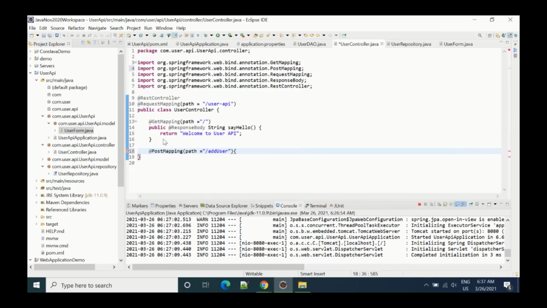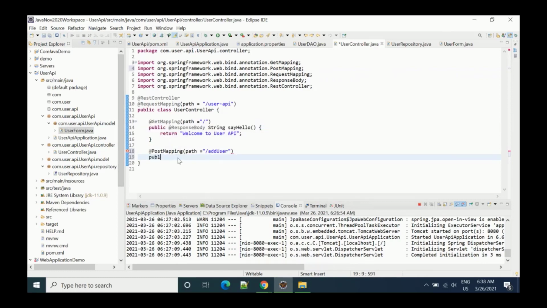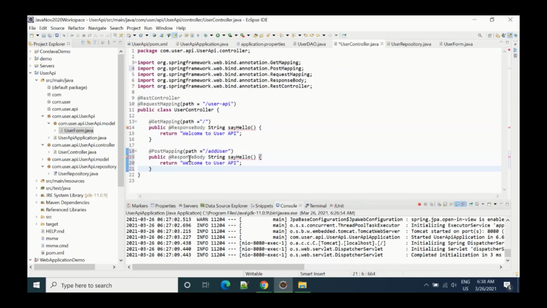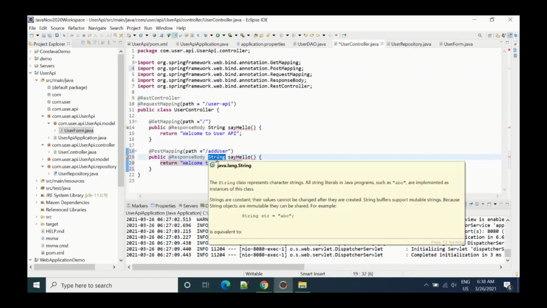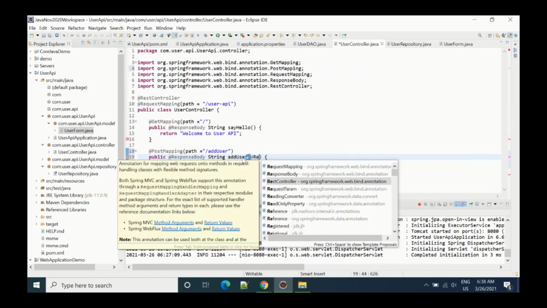This is our mapping, and then we'll write the same thing similar to this one. Public, let me copy paste. Public response body, and then from here we say a string also, and then we'll say add user, and in this we have to get the user form, which we will get using @RequestBody.